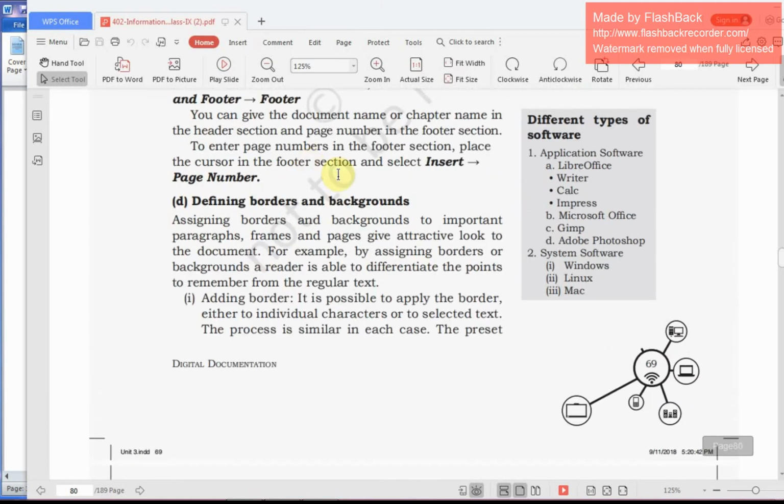Define border and background. Assigning borders and backgrounds to important paragraphs, frames and pages gives an attractive look to the document. For example, assigning border or background, adding borders. We can add a border either to individual characters or to selected text.